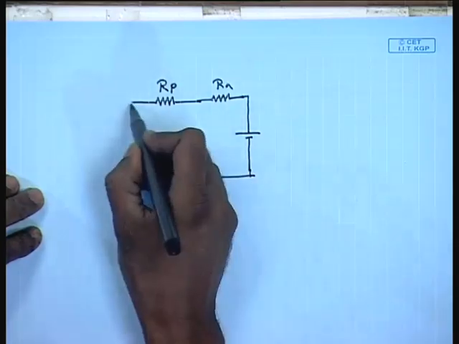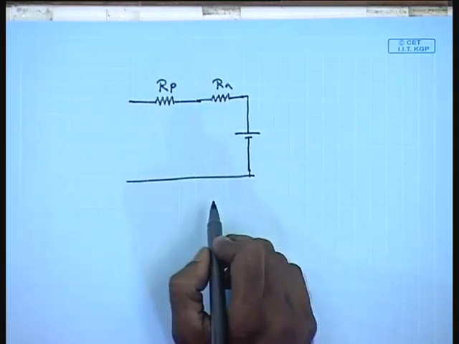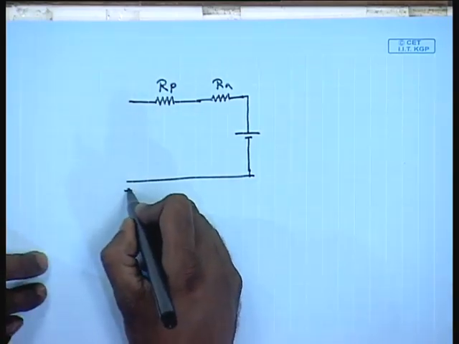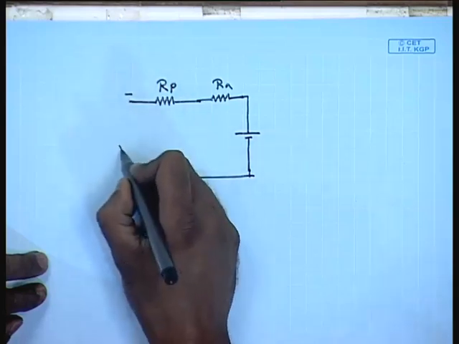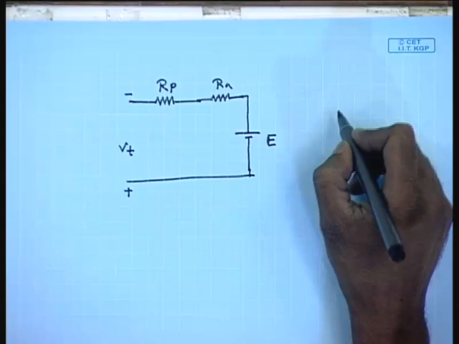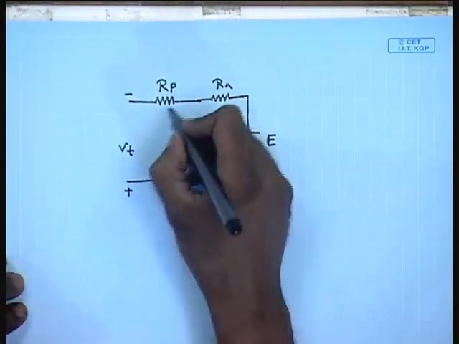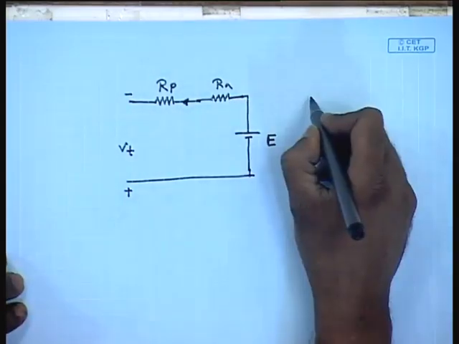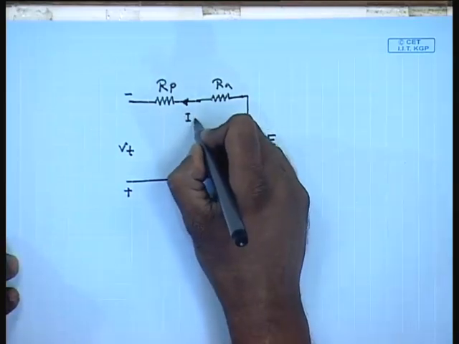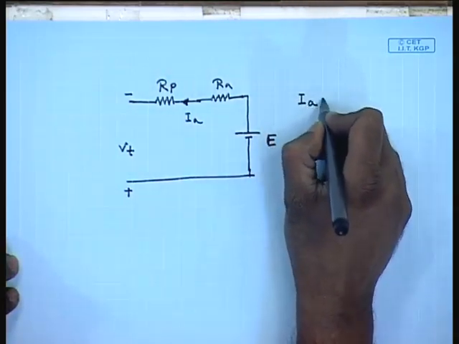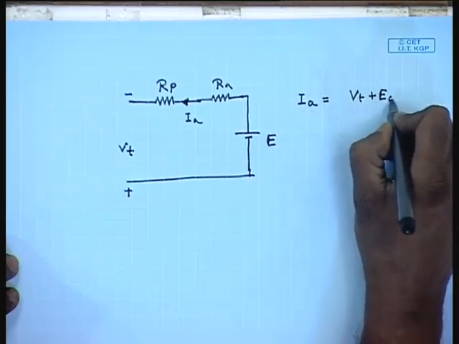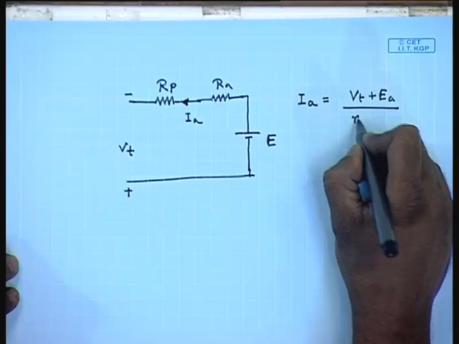The polarity of the supplied voltage has now reversed, this becomes plus, this becomes minus, V T. The current I A now flows out of the machine, I A equal to V T plus E A divided by